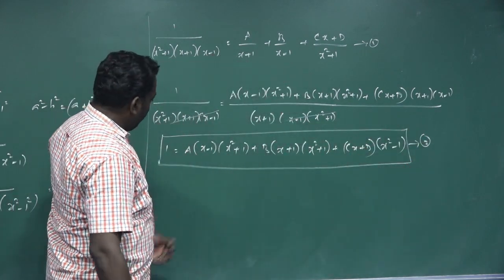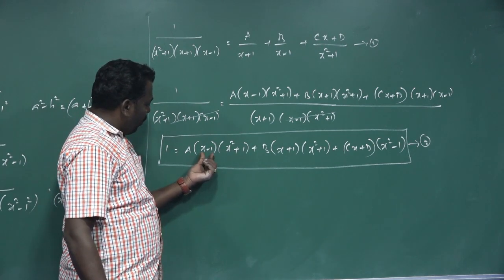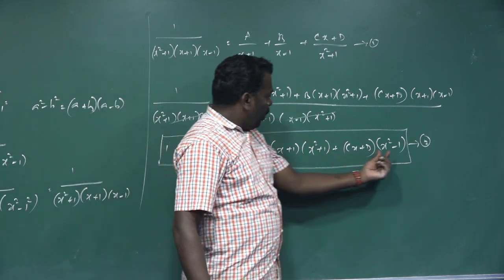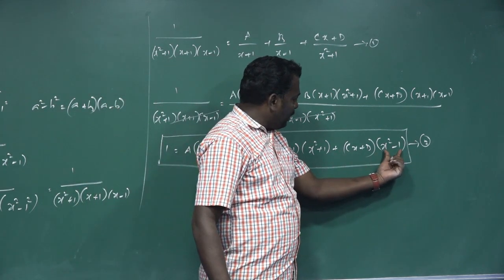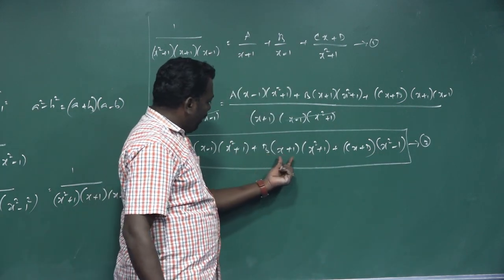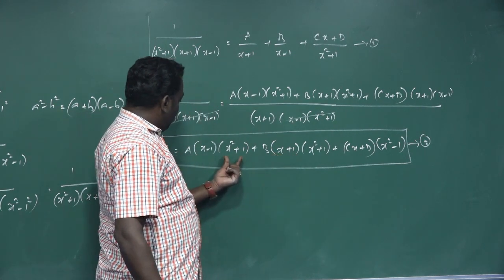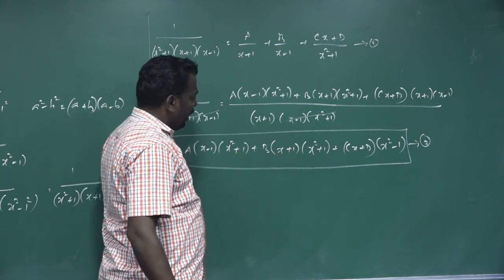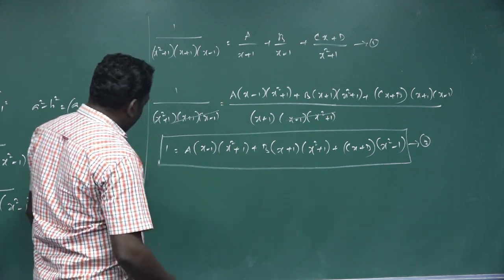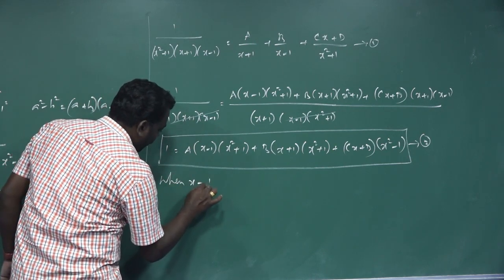Now what is the next step? We are just substituting x values. First we have to substitute x equal to 1. So 1 minus 1, this term will cancel, and therefore we are able to find the value of b. Otherwise we can put x equal to minus 1 and these terms will cancel. After that, as a simplification, we can put some other x values. Now first we put x equal to plus 1.